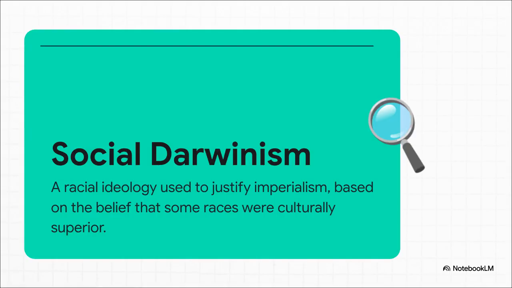But "we want to make more money" isn't a very inspiring slogan. So to justify all this, a really powerful and frankly dangerous new ideology came about: social Darwinism. Now, let's be crystal clear. This was not science. It was a twisted misapplication of Darwin's theories of evolution to human societies. It basically created a fake racial hierarchy, with white Europeans at the very top, arguing that it was just natural for them to dominate everyone else. This gave a sort of scientific-sounding excuse to what was really just conquest and exploitation.